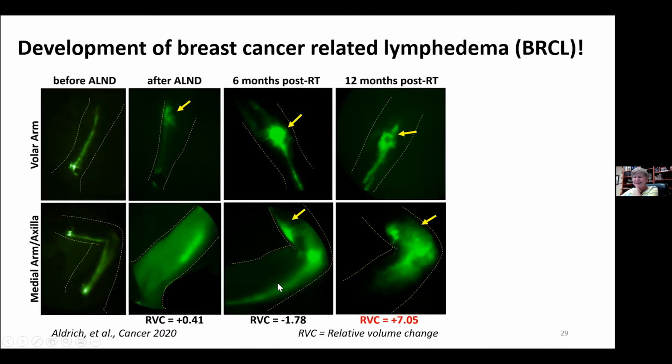This is the medial arm view, holding the arm over the head, and you see this incredible dermal backflow that's appearing. Interesting, when she did the relative volume change, when we first see the dermal backflow, we don't see swelling. In fact, the contralateral arm is larger than the arm that should be affected. And we didn't see that increase in arm volume until a year later. And so the question that comes is, if we treated this breast cancer survivor when we first saw dermal backflow, could we have prevented this? And is edema really the right measure, or is it too late